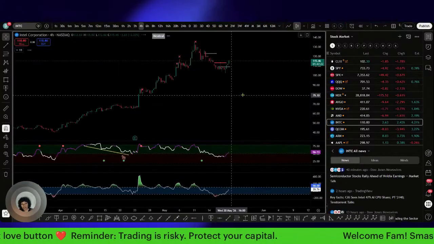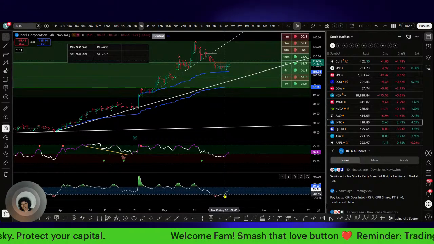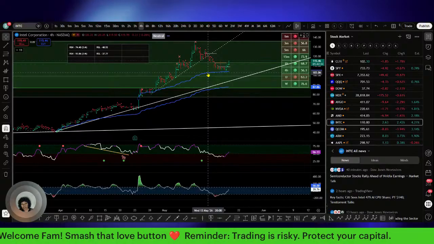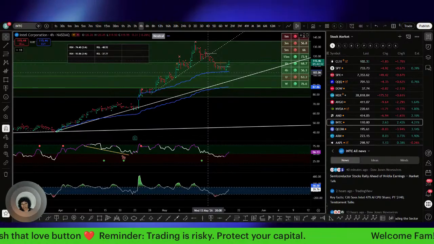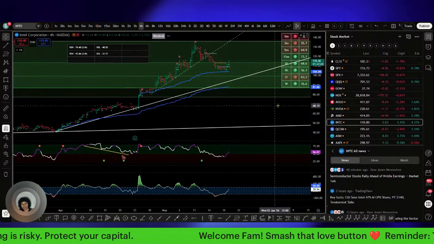I said the same thing about Intel in here. Intel was also looking really juicy down in here. So you had the potential for a bounce in here. And then, of course, we dropped that VWAP on there. Kiss on that VWAP right there. Looking beautiful for these little bounces in here.